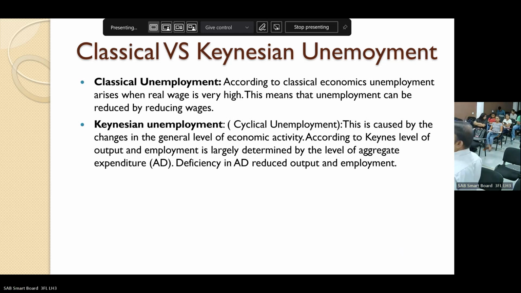That is the case in classical unemployment. So why is there unemployment? Because of a high wage rate above the market equilibrium rate. And the Keynesian